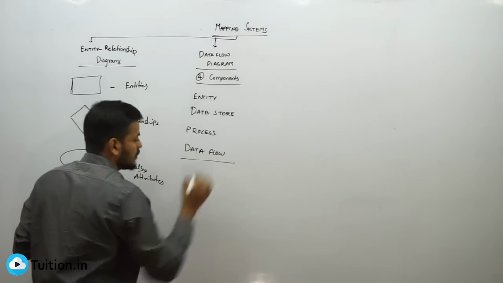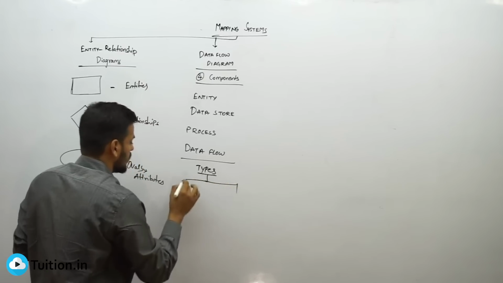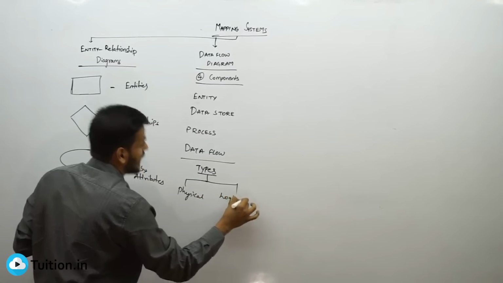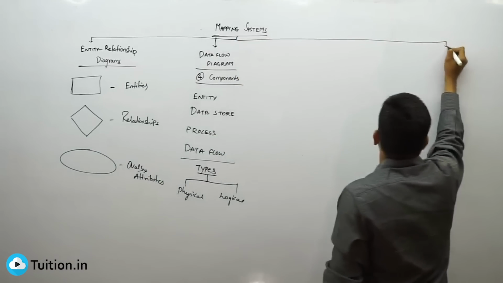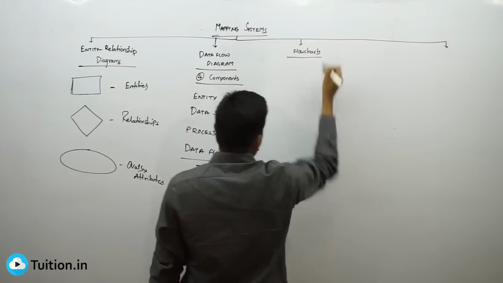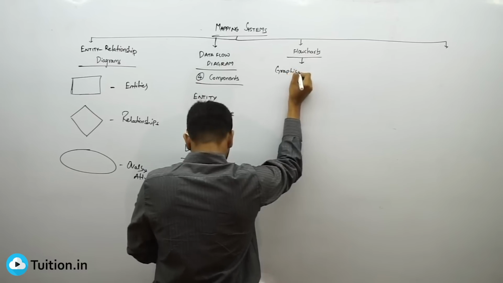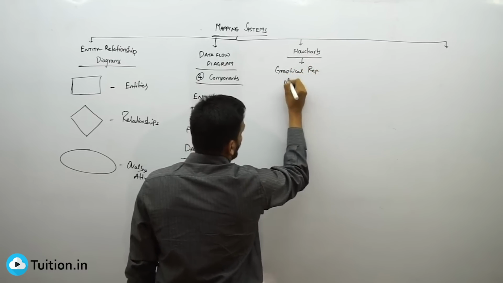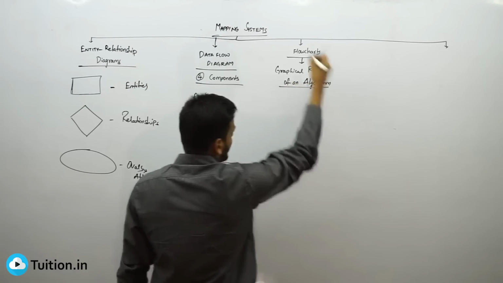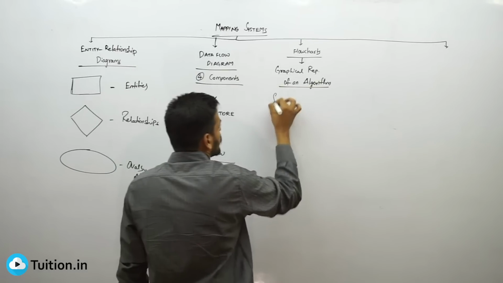Then we have two types of data flow diagrams. Two types of DFDs, right? A physical data flow diagram and a logical data flow diagram. The third mapping system is all about flow charts. I hope you know how to draw flow charts, but let me still guide you with just an understanding of what a flow chart is. Graphical representation of an algorithm is a flow chart, and we have system flow charts, run flow, program flow charts and all that. So system flow charts,